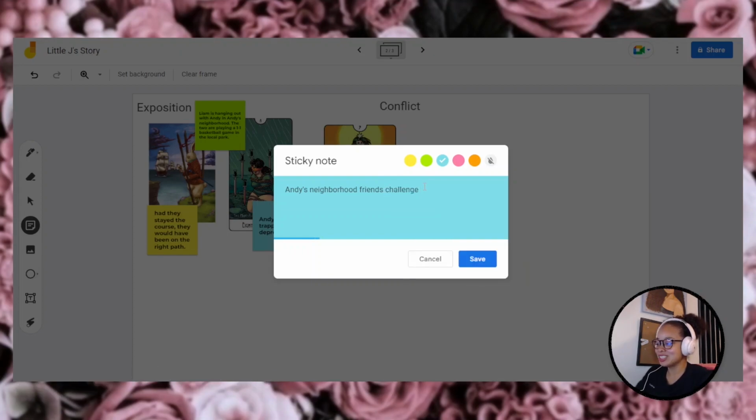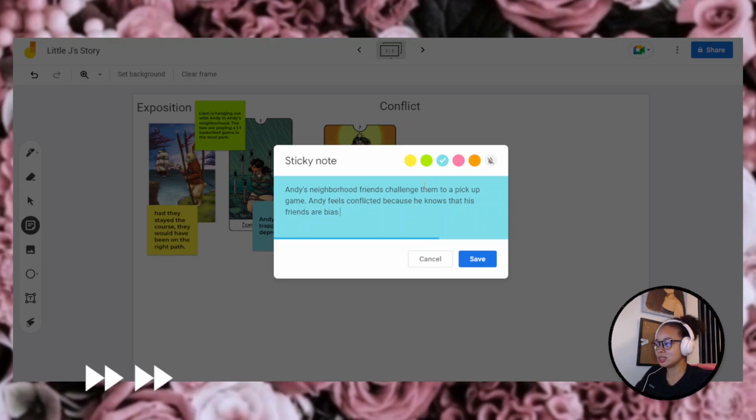Andy's neighborhood friends challenged them. I don't want to say they don't like Liam. I mean, they could probably just not like Liam. I want it to be a little bit more like they have a bias towards him